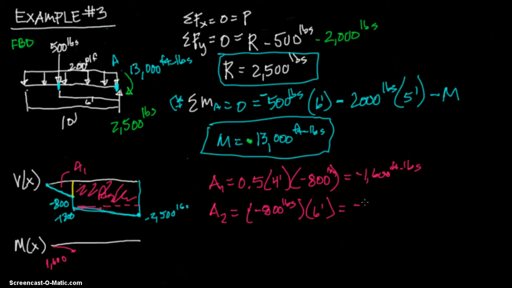Negative 4,800 foot-pounds. And then the other section, let's go ahead and change colors real quick, which is right in here, this triangle. Let's call it A2.1. It is 0.5, since it's a triangle, times 6 foot, and then it's 13 minus 8,